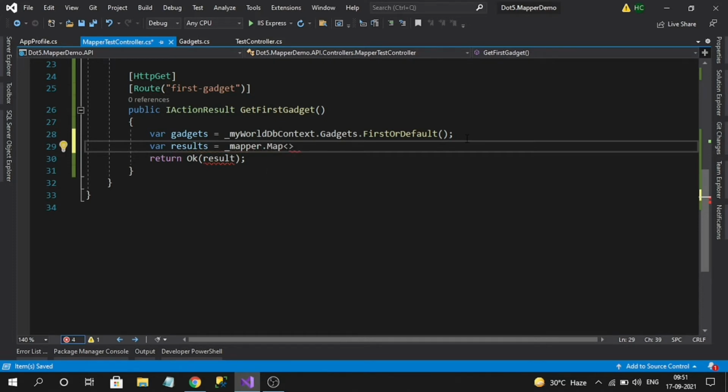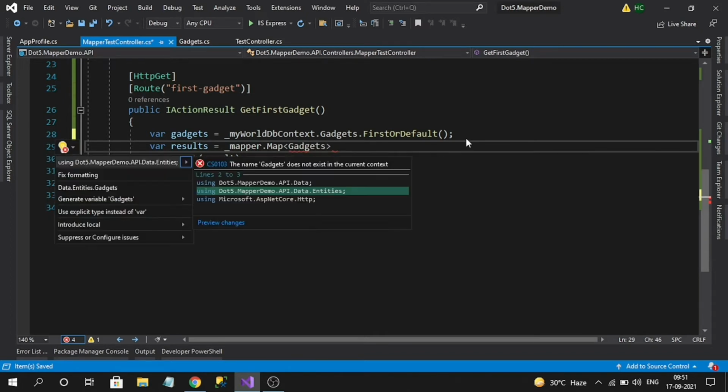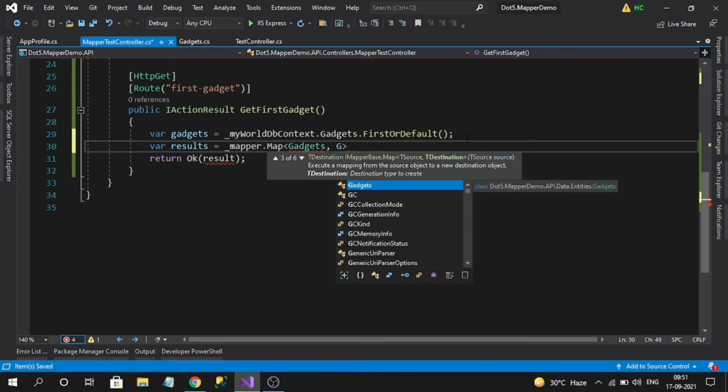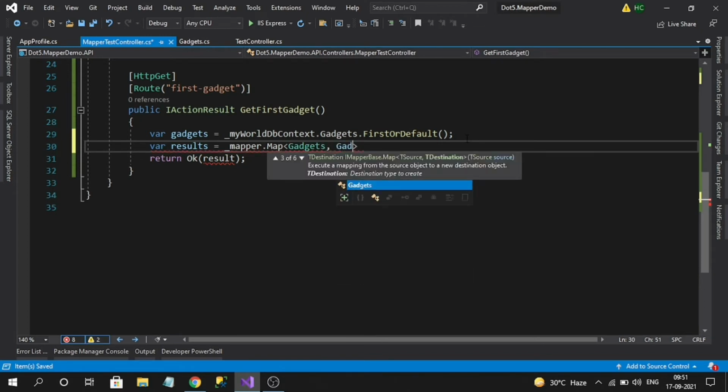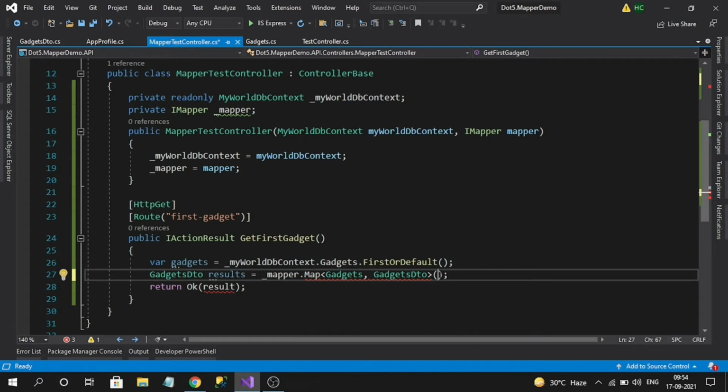Here we can provide our source and destination. Our source is Gadgets, and destination is GadgetsDTO. Here we map Gadgets and GadgetsDTO, and here we can pass the result into this Map method. And let's make it result.